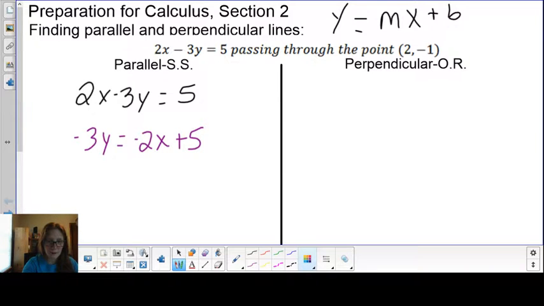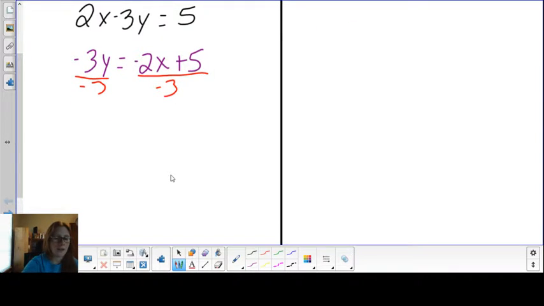Next is I still don't have y all by itself, so I'm going to divide everything by -3. And I mean every single thing. So I have for my slope-intercept form of this line, y is equal to -2 divided by -3. First off, negative turns positive. Second off, 2 does not evenly divide into 3. It's going to be 0.6666667. I want to keep these in terms of fractions. So my answer is 2/3 x,